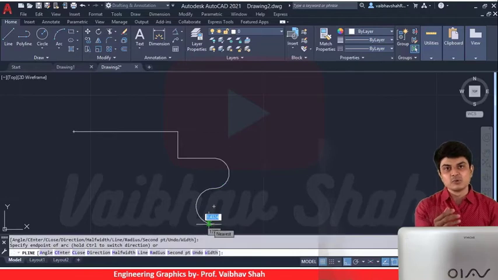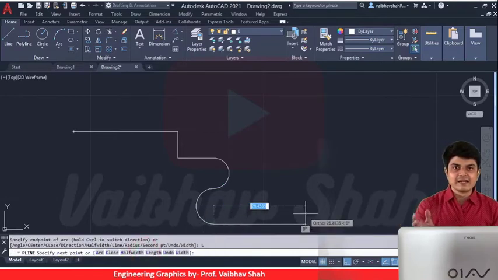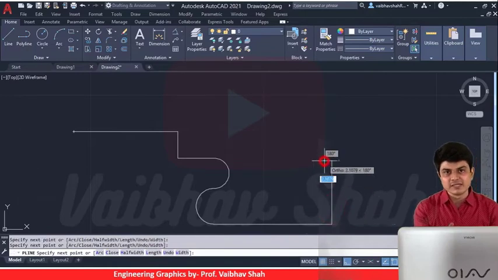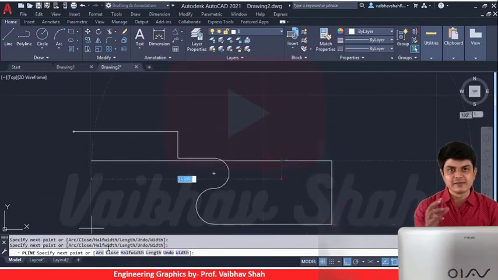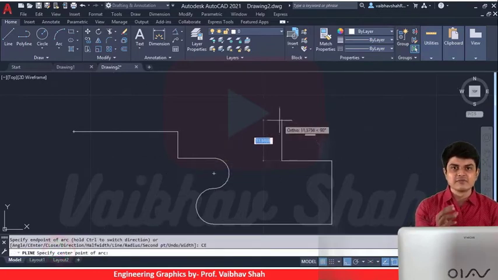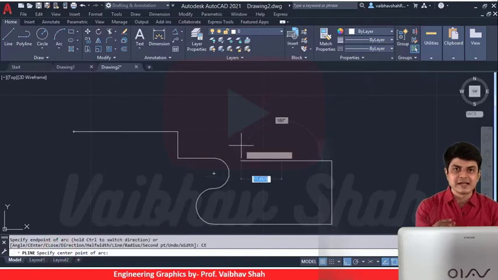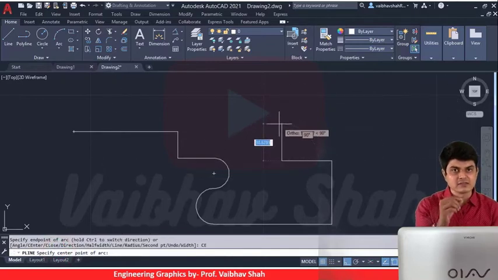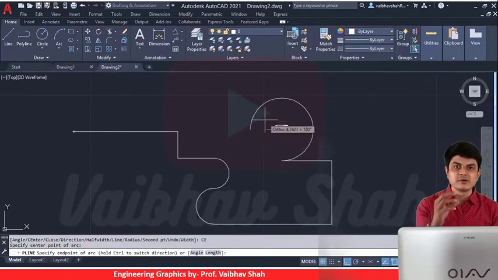Then after, let us go to your command line and select the line option. And then let us draw one line, then one vertical line, then horizontal line. Then let us go to command line and let us select arc. And you can draw arc now. Now we'll be selecting center, so we can define the center of this arc first, and then around this center we'll be having the curve generated. So now we have curve generated.